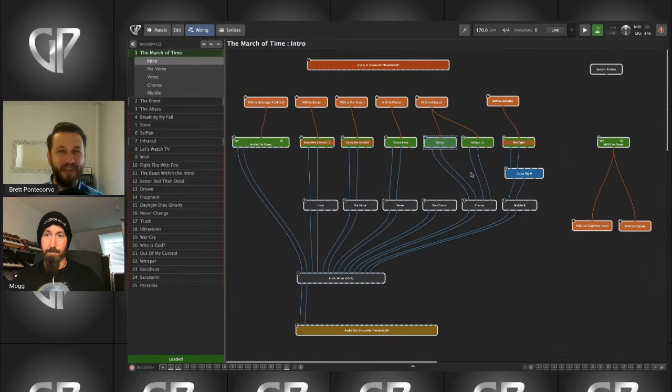It's fascinating for me to hear you say that language, because I was literally just yesterday saying, yeah, people are expecting this level of output, but there aren't a ton of tools that do this as well as Gig Performer does it. Just in terms of saying, hey, this is what we did on the album, now we can actually do it live. Yeah, for me this is the first time I've been able to get almost identical